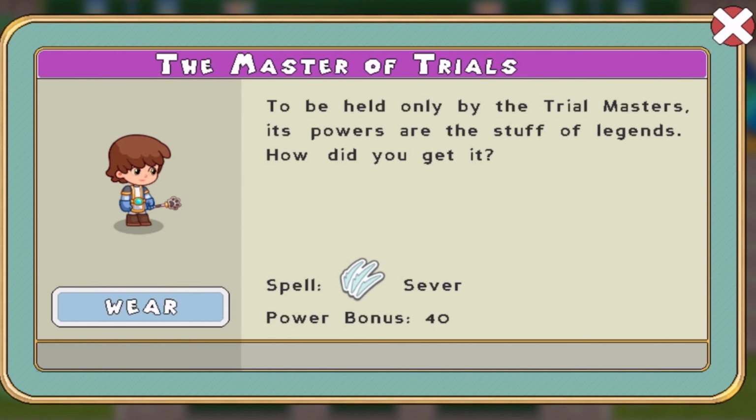Moving on to our wands with physical spells, first off we have the Master of Trials. This wand is unobtainable, so it is not going to be the one that we put highest on here, but I just have to mention it, of course, like I'm going to mention quite a few other unobtainable ones. It has the spell Sever, which is one of the best physical spells. Its stats are tied with 2 other spells, Crunch and Smash. This one has the highest power bonus at 309, but we are going to move on to one that is